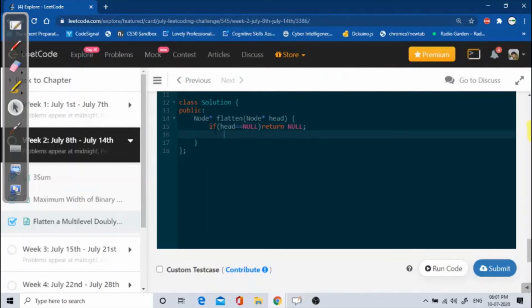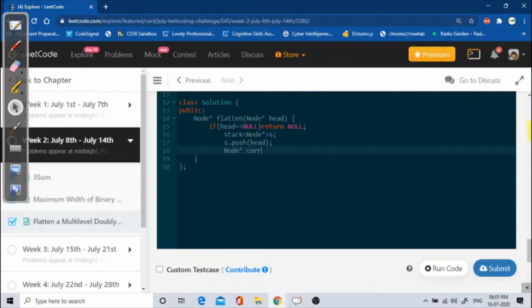So after that we will need one stack, of type node, let's name it S, and we will push our head node in the stack. After that I will need three more variables of node type only.